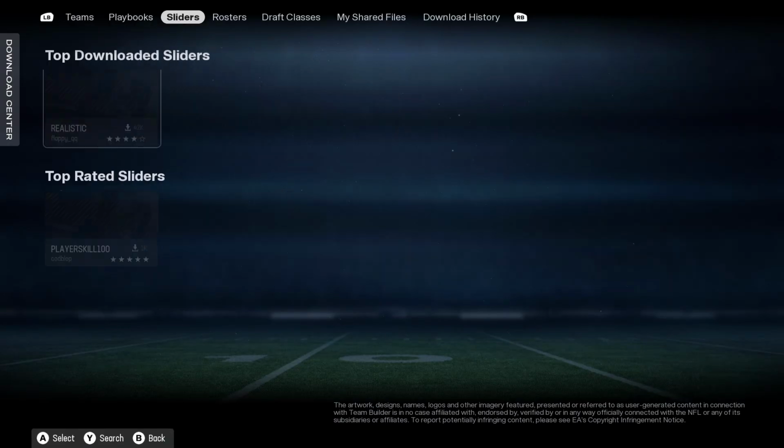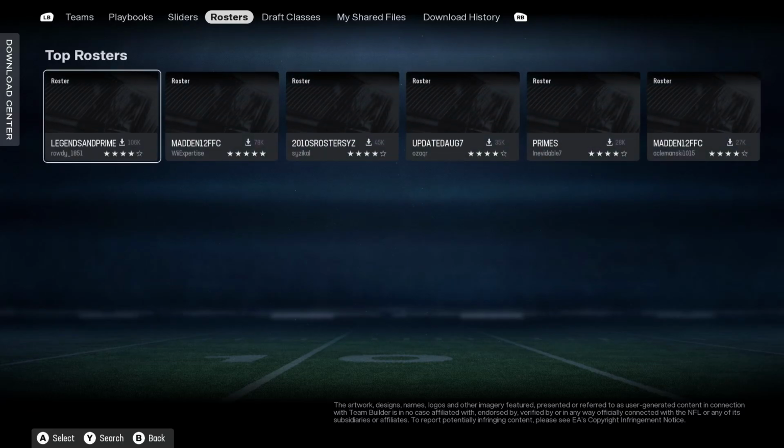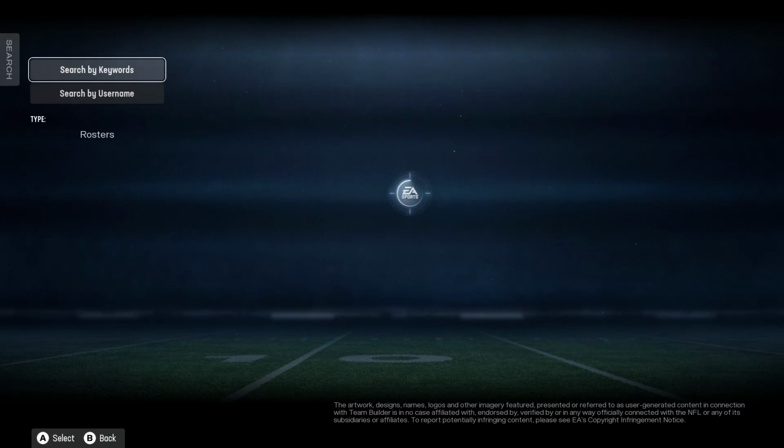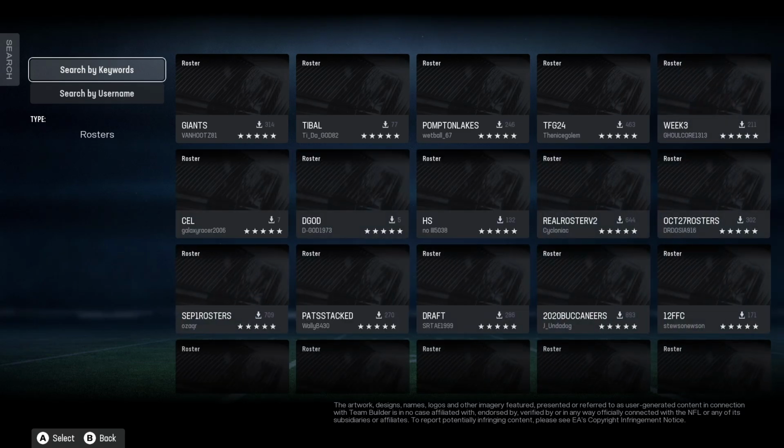in the download center just go to the roster tab at the top, and here you'll be able to see top rosters. You can download any of these if you want, and also if you want to search for a specific one, for that hit Y on Xbox or triangle on PlayStation, and here you'll be able to search the roster by